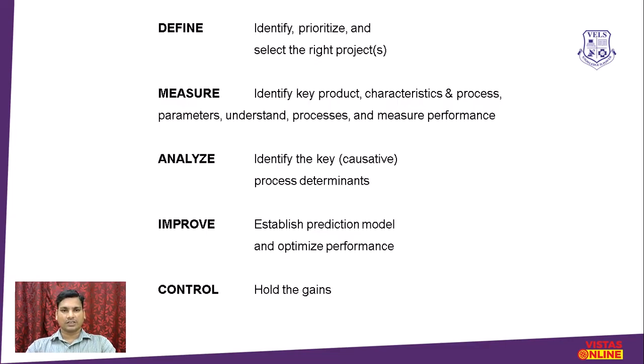The same thing was given here also in the name of DMAIC. D for define, M for measure, A for analyze, I for improve, C for control. All the time we need to identify and give the topmost priority to a right or good project which is required by the buyers and users. Measure. Once you have identified the right project from the customer point of view, from the competitive advantage point of view,